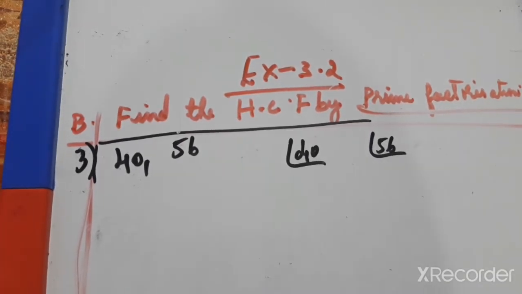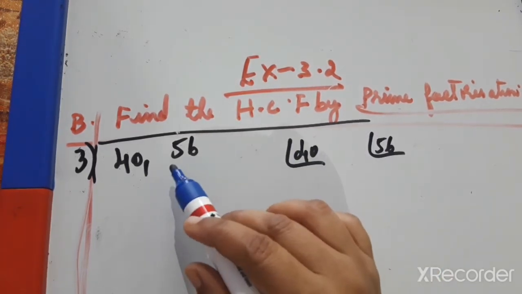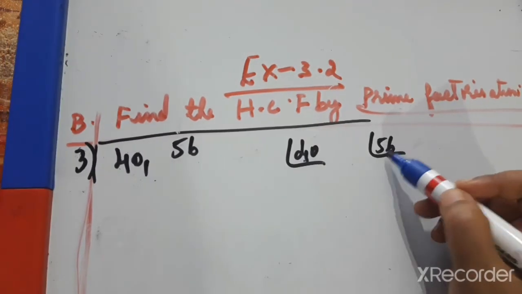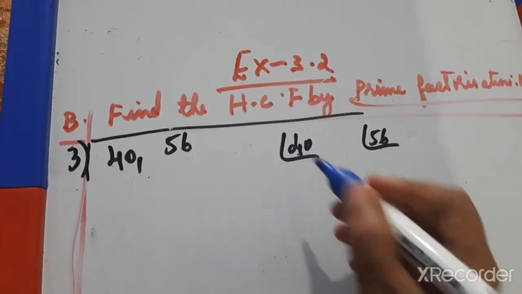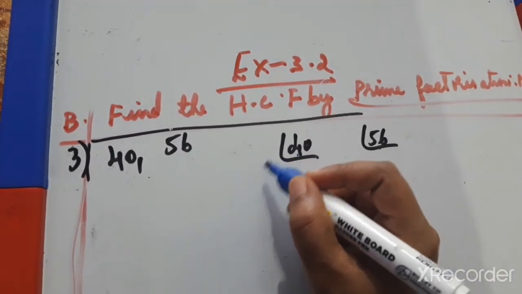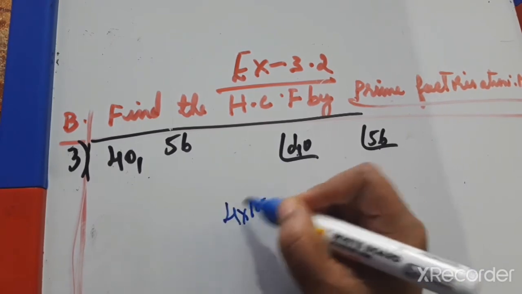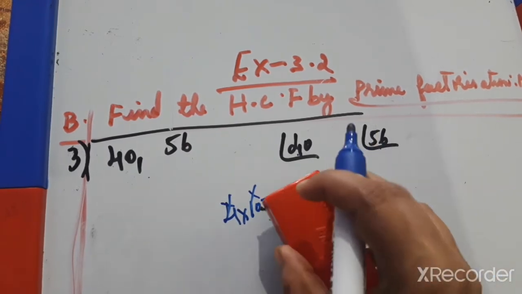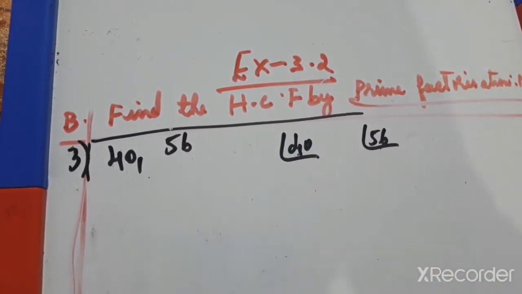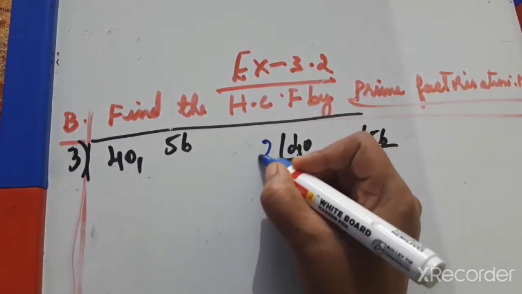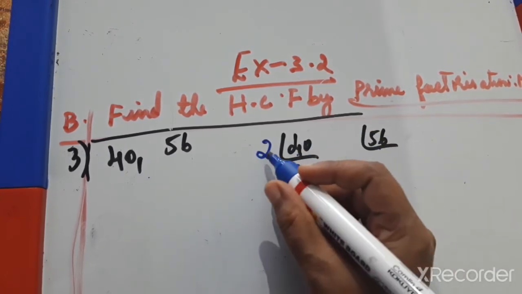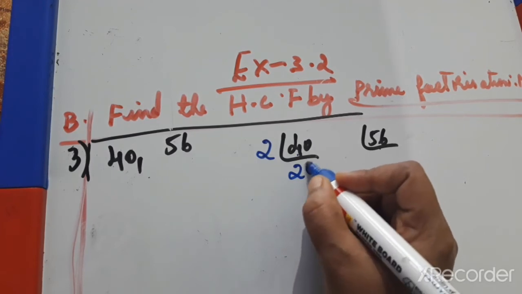40 and 56. We have to find the HCF with the help of the prime factorization method. So 40 is written here, 56 also written. 40, in which tables will 40 multiply? 4 tens are 40, but 4 is not a prime number, 10 is not a prime number. These are composite numbers. We want only a prime number as the outside divisor. So we can divide by 2, 2 is a prime number. 2 2s are 4, divide with 2, children. 2 is a divisor now. 2 2s are 4 and 0 as it is.